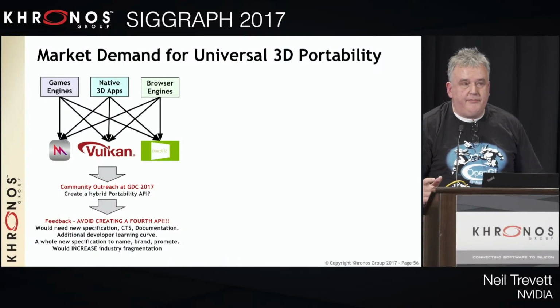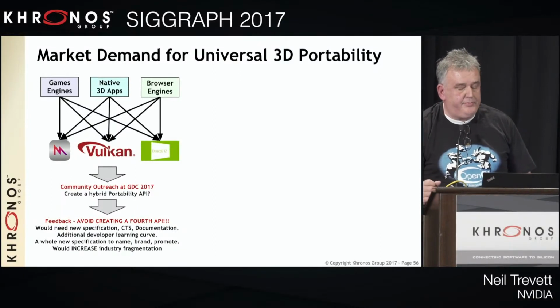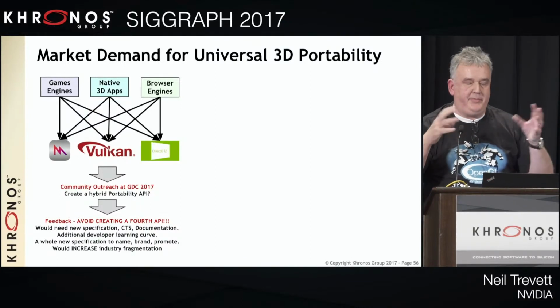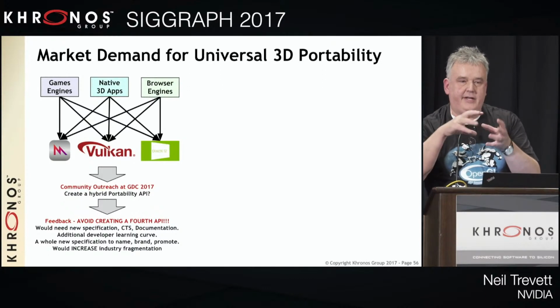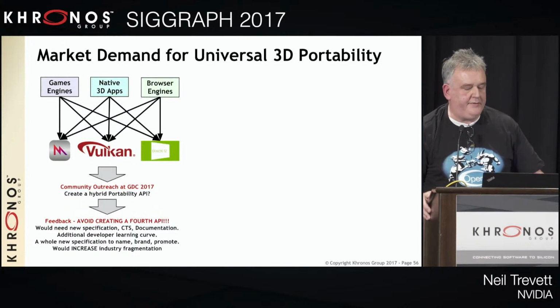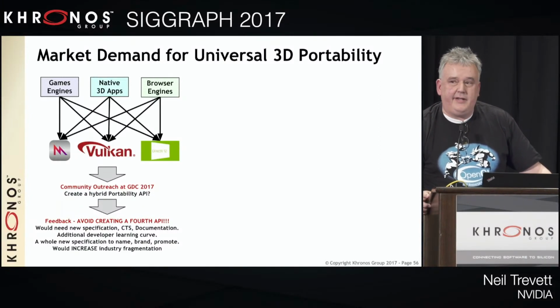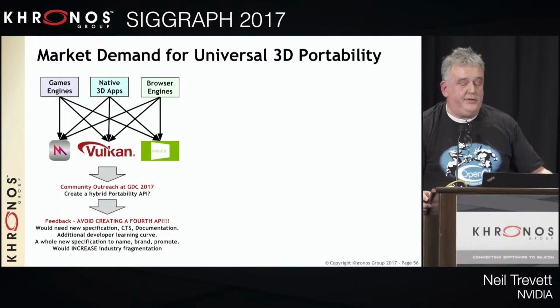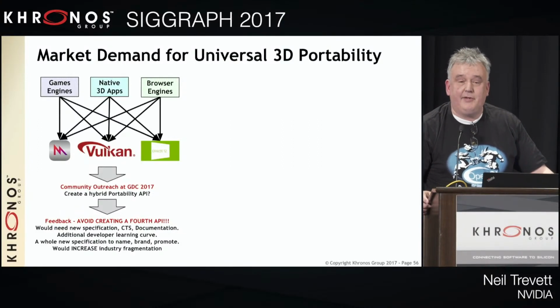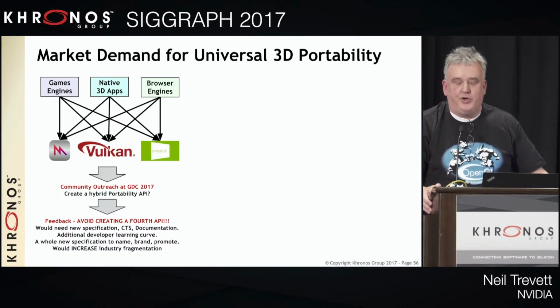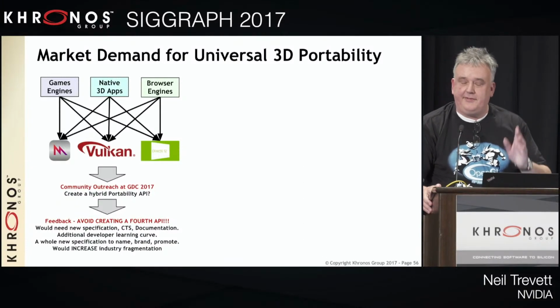So we figured we'd try and help this problem. And back at GDC, we went out there with a straw man saying, well, perhaps we should design a hybrid API. We should munge these APIs together, find an API that can map effectively wherever you're running to the underlying APIs. And thanks to you guys, the community, we got some really wise feedback and several dope slaps saying, don't do that. Please don't create a fourth API, because that's going to make things even worse. Which, of course, is exactly correct.